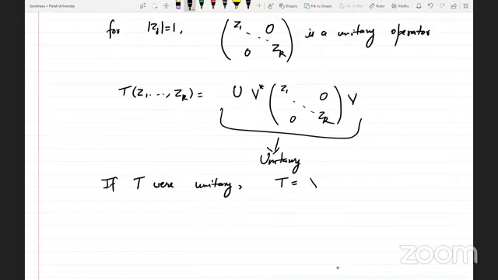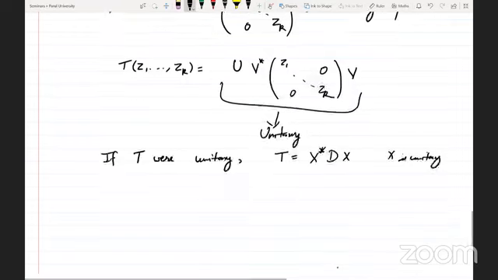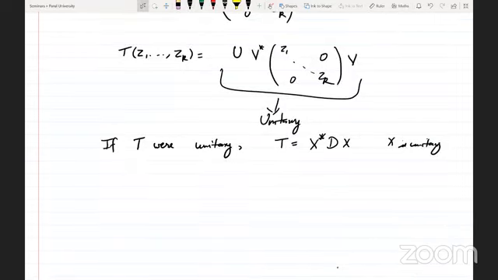So something like x star, then some diagonal, and then x, where x is unitary. And why is it simple? Because if you look at PT, it is something like A0 identity. Let me write it in general. A0 identity, A1 T, but A1 T is x star dx, and then